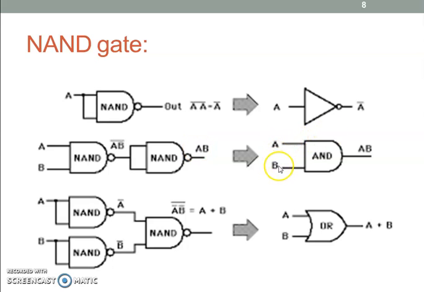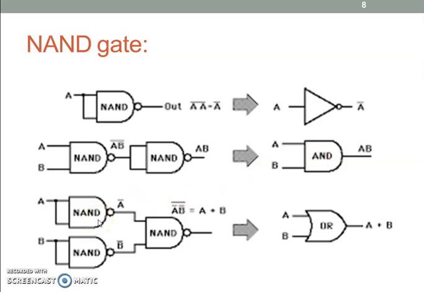A, B are the 2 inputs to the NAND gate. You will get A dot B, means A, B are the 2 inputs, A dot B is the output, means it acts like an AND gate. Using 2 NAND gates it is possible to get the AND gate.